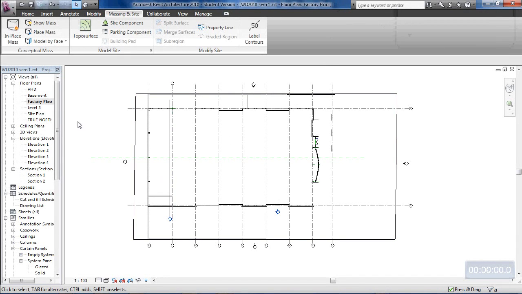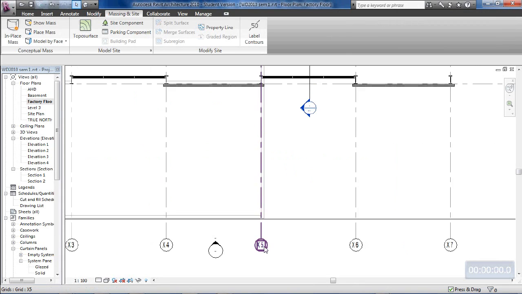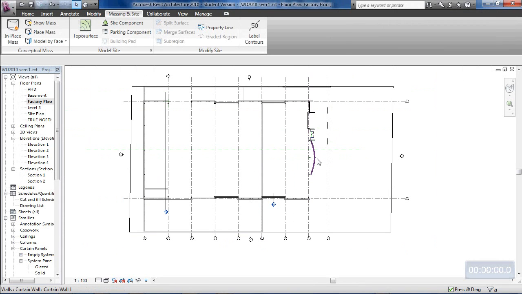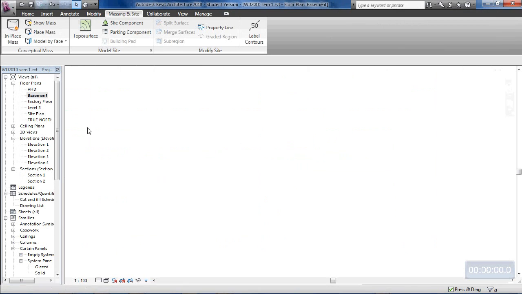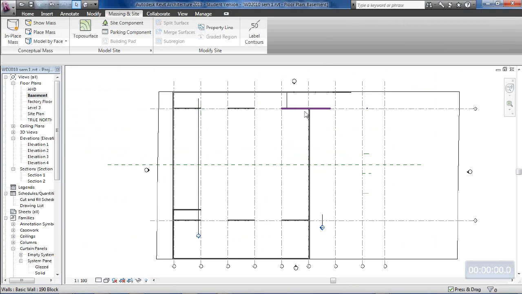Okay, so the floor upstairs on the factory floor level, we're going to have a 250mm thick suspended concrete slab up to grid line X5, and then from grid line X5 to the front of the building it would be a 150 slab on ground. That's because down at basement level, remember, we have a retaining wall along grid X5, so with this suspended concrete floor, we can fill up behind the retaining wall,